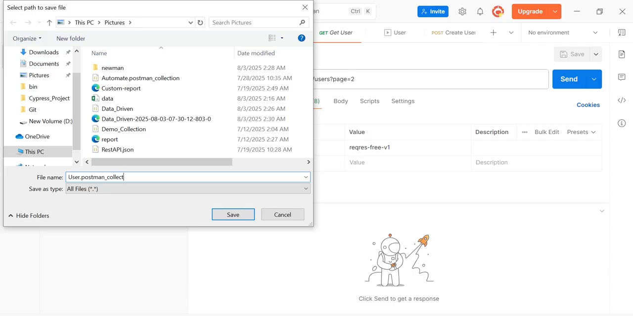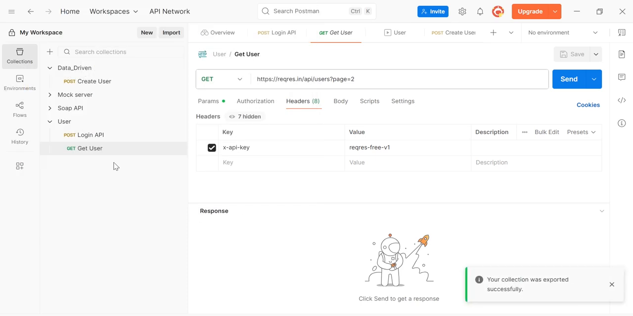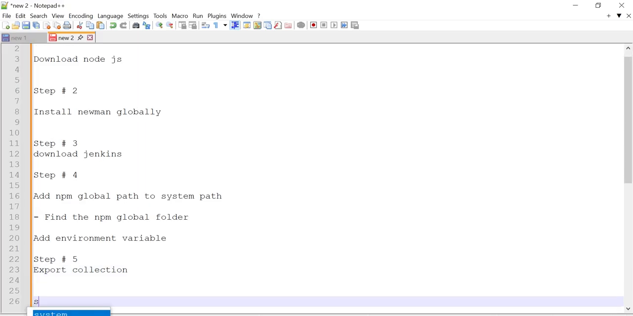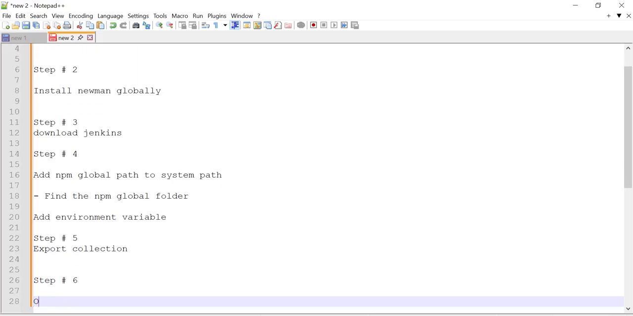Change the name here to user JSON. This is the location in which this collection will be saved. Now step 6, open Jenkins